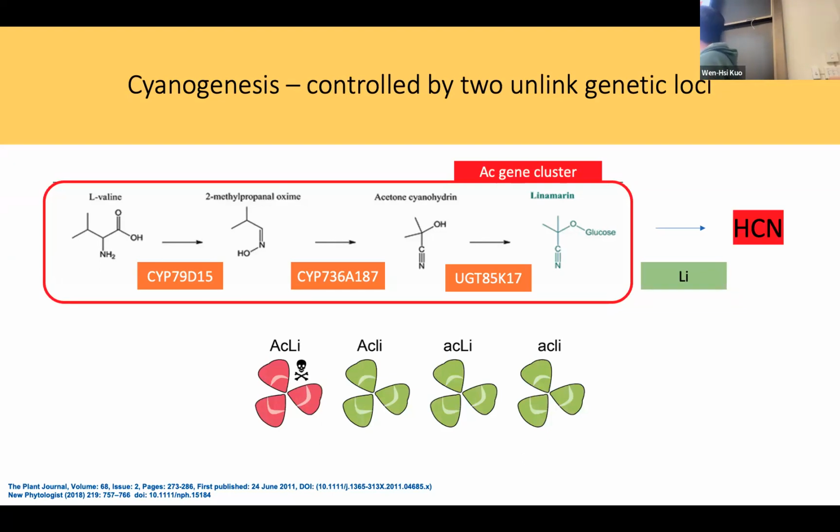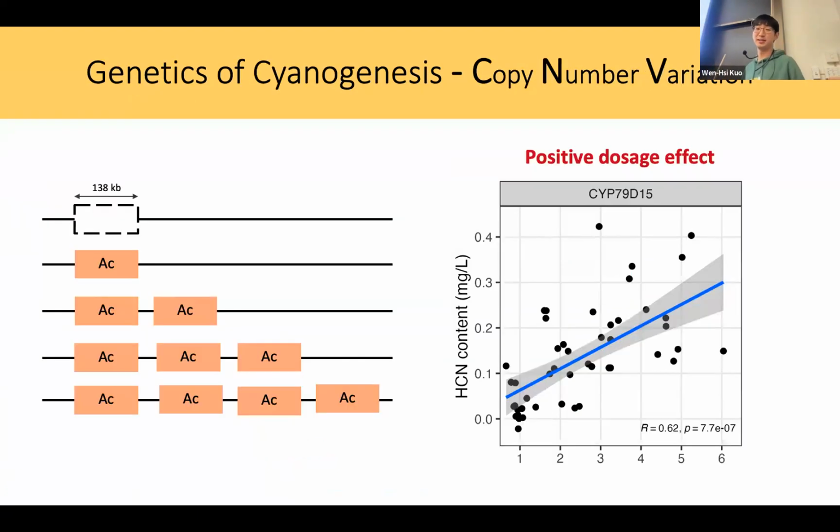Only the plants with functional AC and LI loci are poisonous. We call them cyanogenic. And the other three combinations either have only one functional unit or have nothing. They are not cyanogenic. And from our very recent study, we know this kind of loss of function allele for